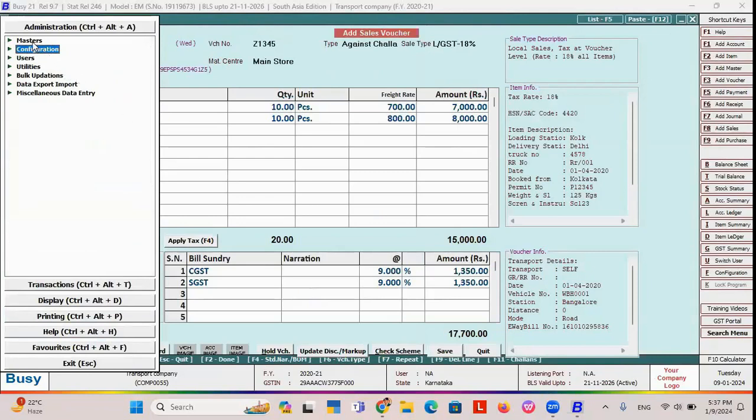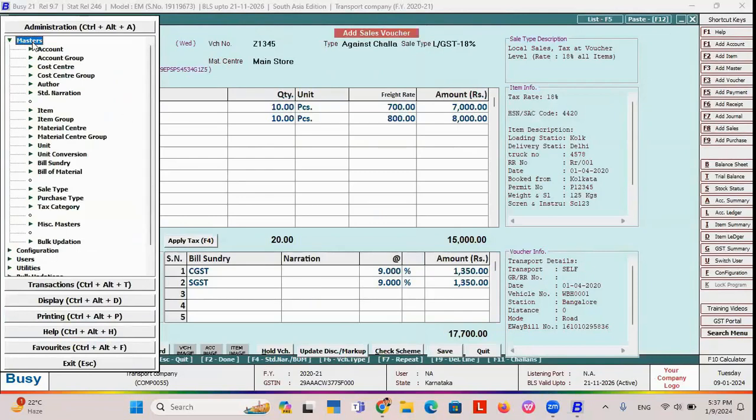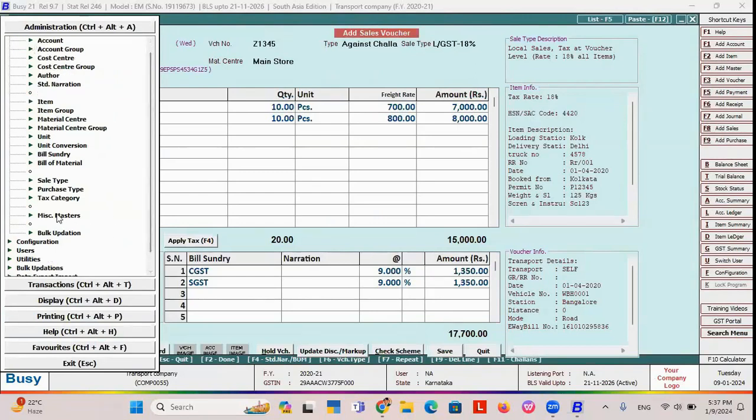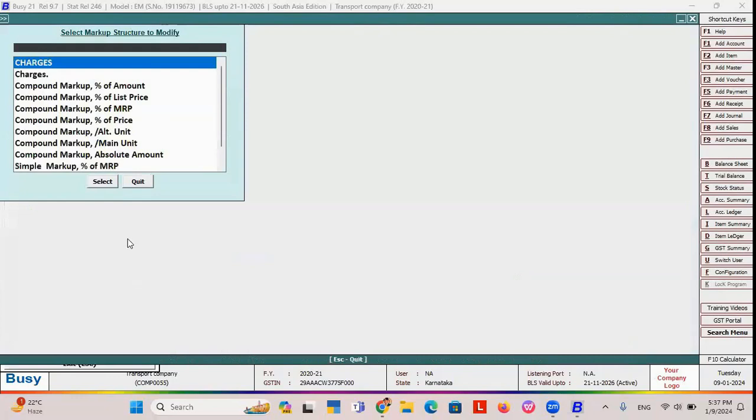तो आप मार्कअप कैसे क्रिएट कर सकते हैं? आपने मार्कअप एनेबल कर लिया, you have enabled the markup from the configuration inventory tab, then you can go to administration master, miscellaneous masters, and then you go to markup structure. If I show you the charges that I have created,